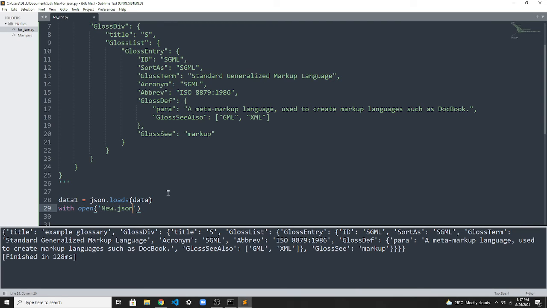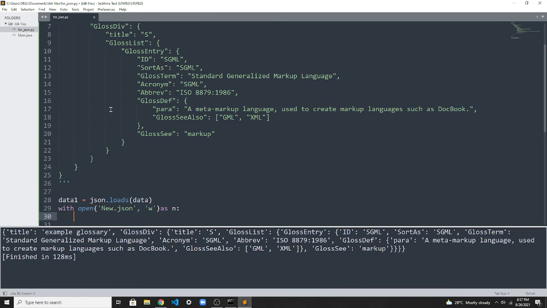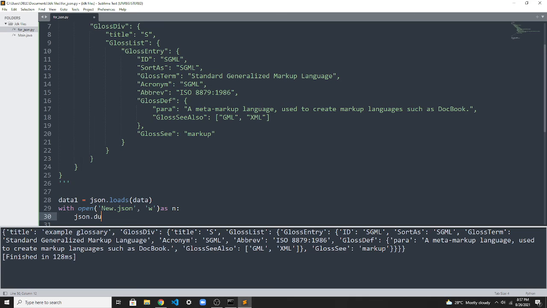I will make it in write mode as n, and then what we are going to do is write this data here. So json.dump this data1 into this n.